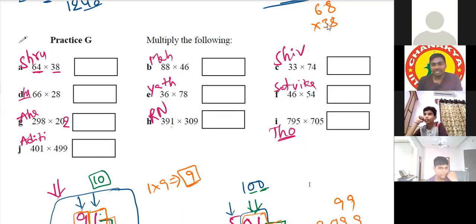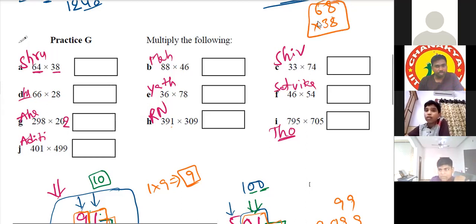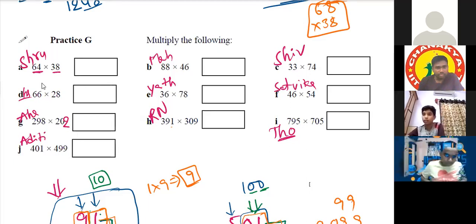68 into 38. Will it come under our category? No, sir. Then why discuss this question here? But sir, I am not understanding my question, sir. 64 into 38. Sir, even mine is only that. Which one? First one? Yes, sir. I'm getting the answer as 916 into 2.